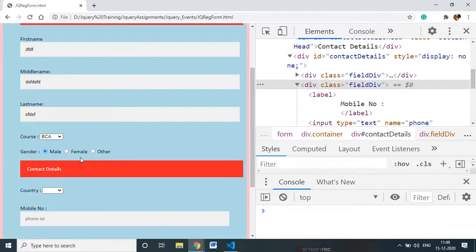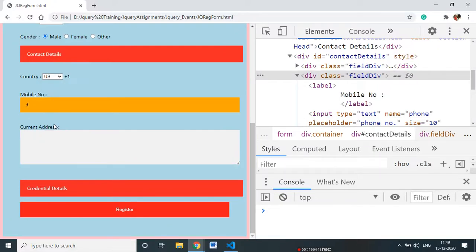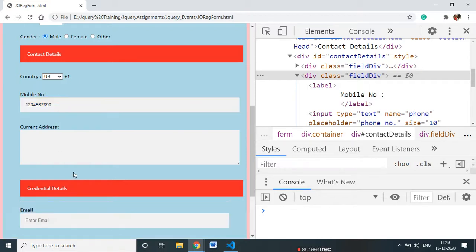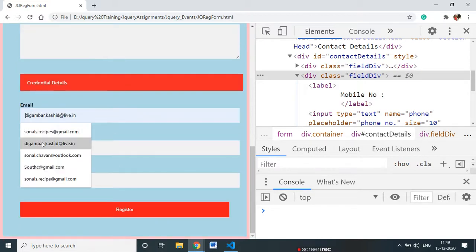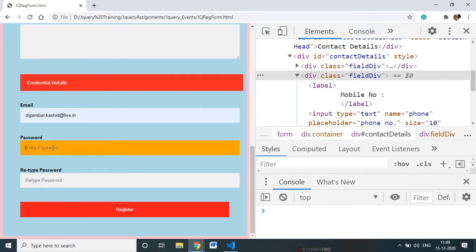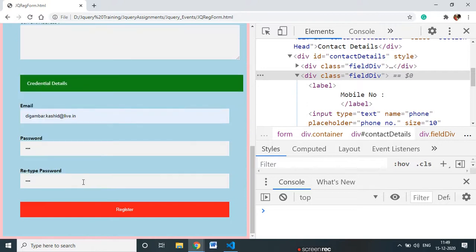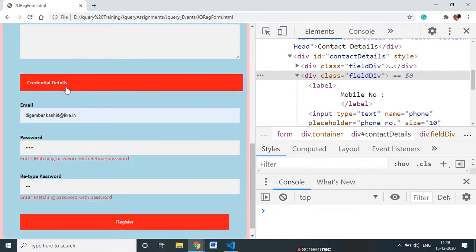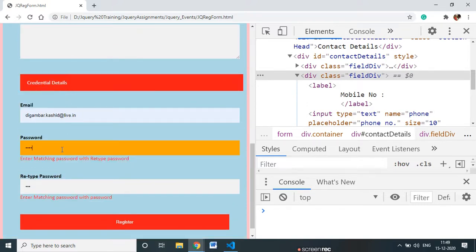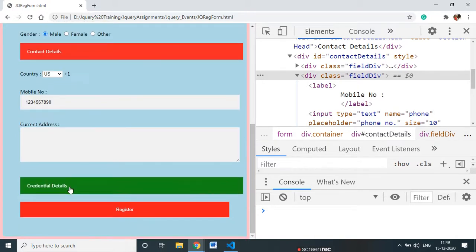If I click here, I enter the correct number 1 2 3 4 5 6 7 8 9 0. Now I click here, I enter the correct password, and here 1 2 3 1 2 3, click here. Now it's working. If I enter wrong, it gives a message. Again I will remove. It's working, right?